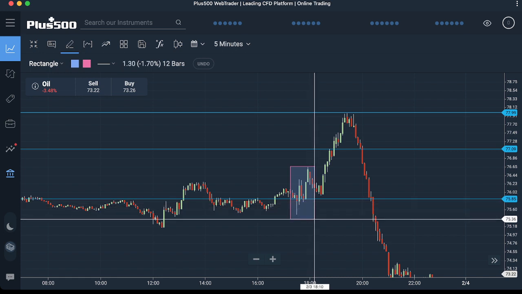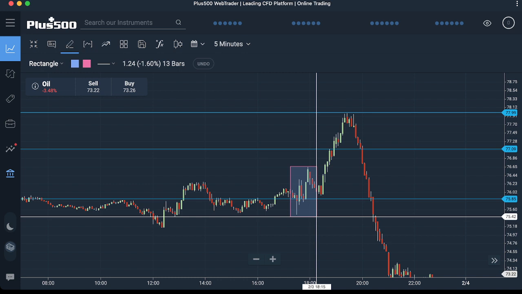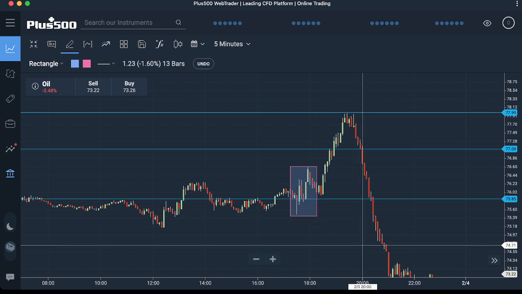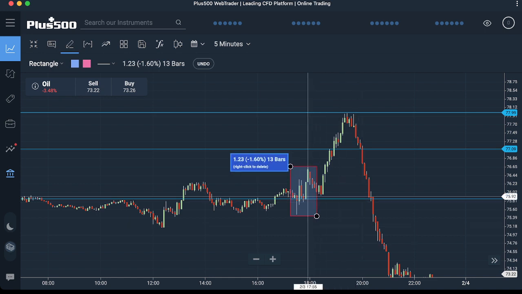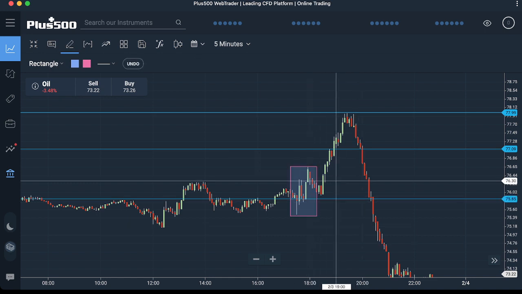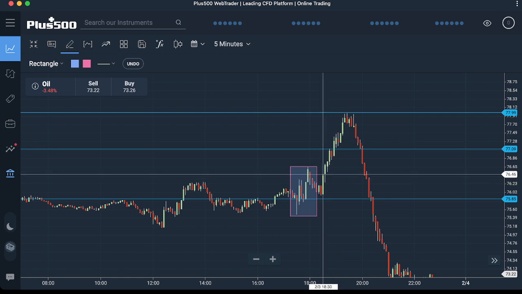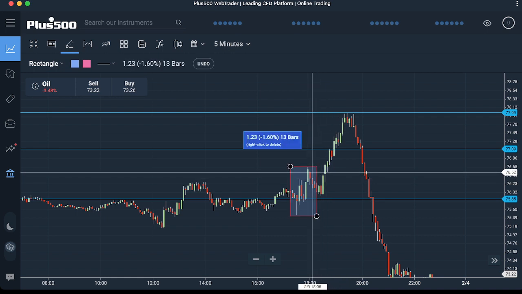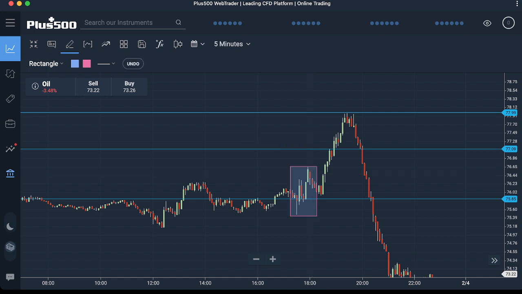Okay, this is the area I'm talking about, and this is the setup that is very clear there. Okay, and this setup is there. So I want to show you when you can see such a setup, then you have to